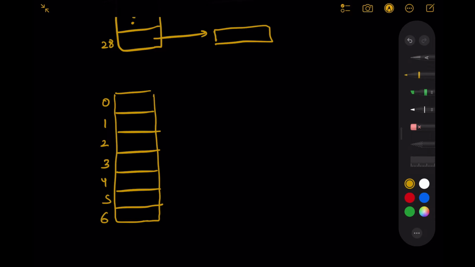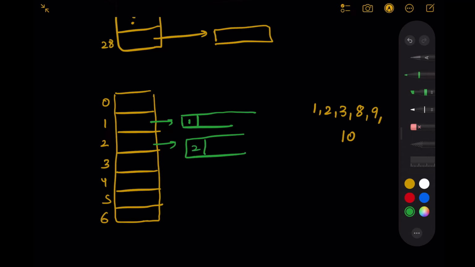And let's say that we want to insert values 1, 2, 3, 8, 9, 10. So the hash set would look something like this. So 1 would be inserted at cell index 1, 2 would be inserted at index 2, 3 would be inserted at index 3,